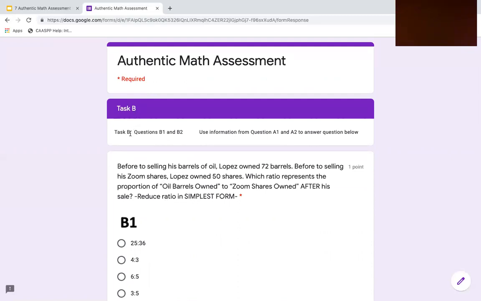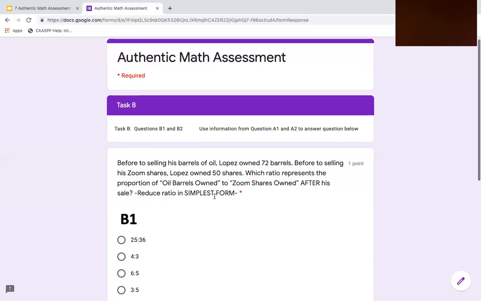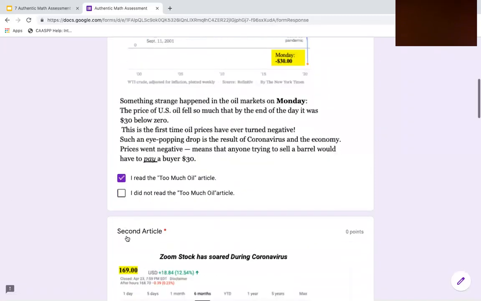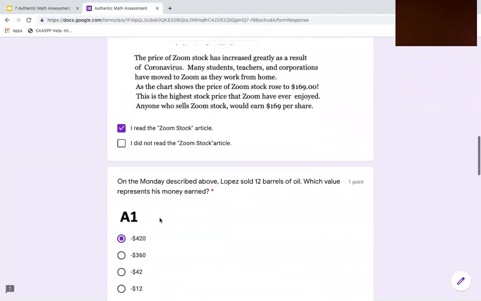Task B. In Task B, you are to answer questions B1 and B2. This also gives you very important information. For this question, it says, use information from A1 and A2 to answer this question below. So after reading this, you would think, I need some additional information. Let me go back to question A1